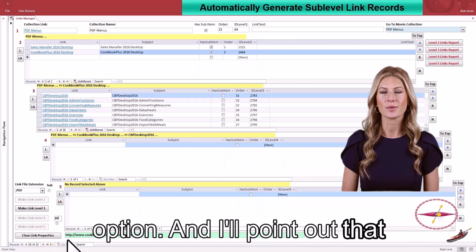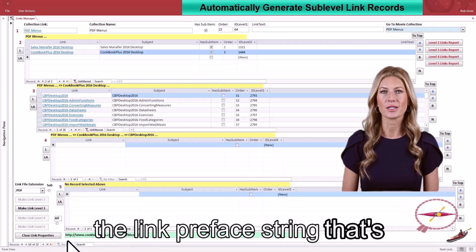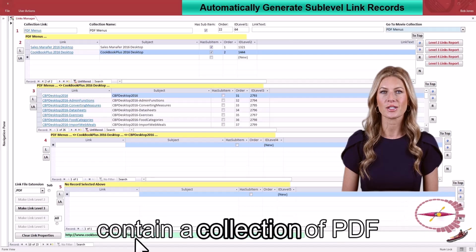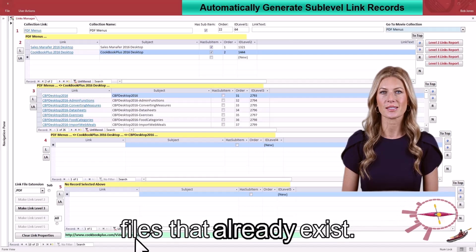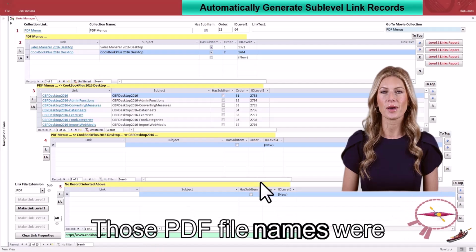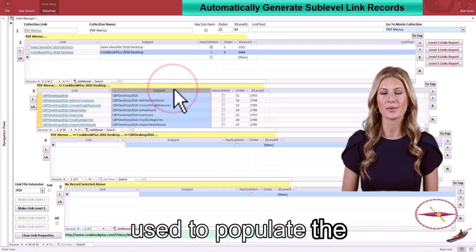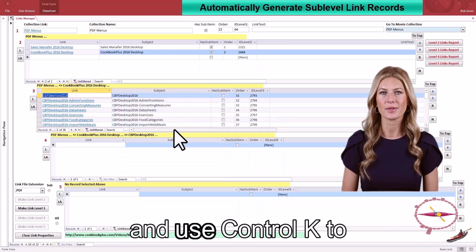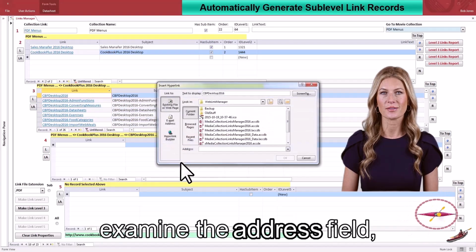And I'll point out that the link preface string that's in this green field points to a folder on my website that contains a collection of PDF files that already exist. Those PDF file names were used to populate the subject column in the records at Level 3. If we navigate Control-Home and use Control-K to examine the address field, you'll find that none of these records yet